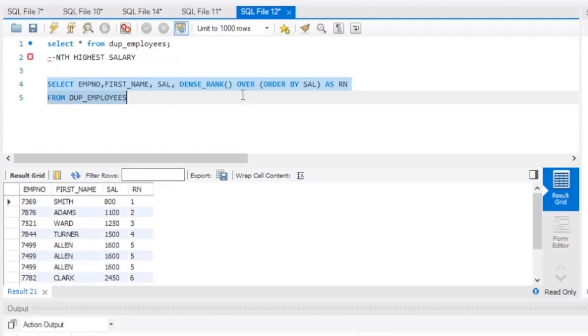So what dense rank does is it will give a rank to every record. Okay, and since I've used order by sal, according to the salary it will give rank. Since I've not written anything over here, it will be considered as ascending order. But if I write